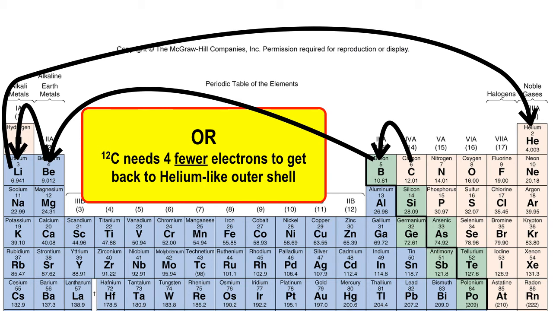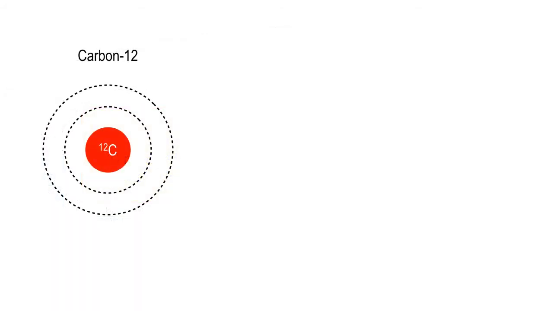Now, that being the case, let's put it all together. Here we go. Carbon 12: n equals 1, n equals 2, 2 electrons on the n equals 1 in the ground state. And carbon 12, n equals 2, 4 electrons up there. All right? And a neutral ground state atom.